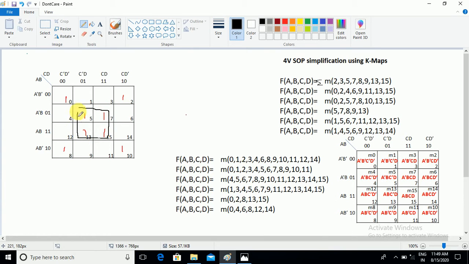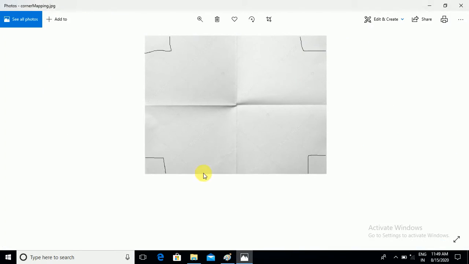Okay, then after that we need to think about the 0, 2, 8, 10, but I have already explained this concept. If you fold the paper in two levels, take one fold, and again take another fold, then these four corners touch each other, and this is a special mapping. You must remember the corners also create a reduction in the mapping, so we can consider the corner mapping. Almost all the possibilities when you create the mapping in 4 variables have been explained.